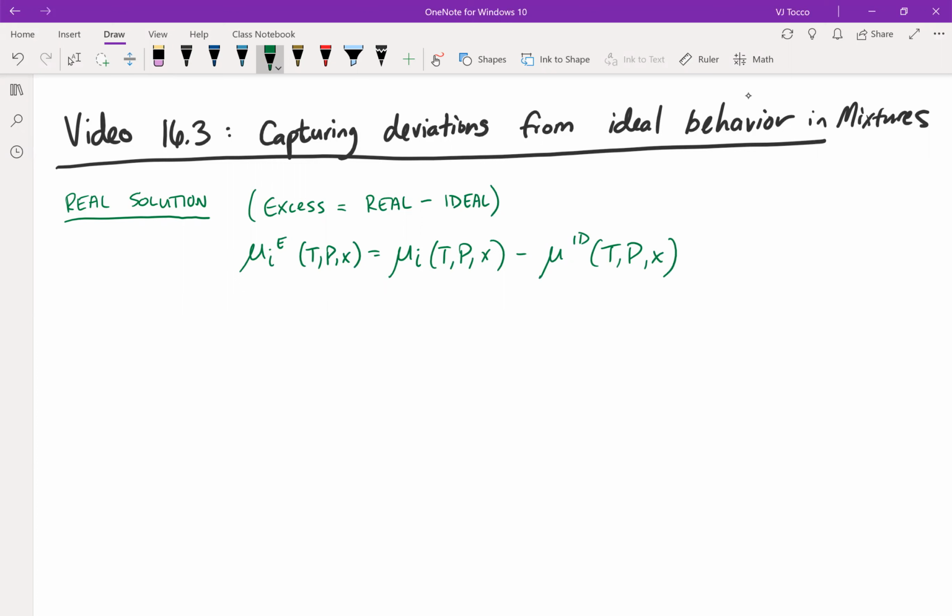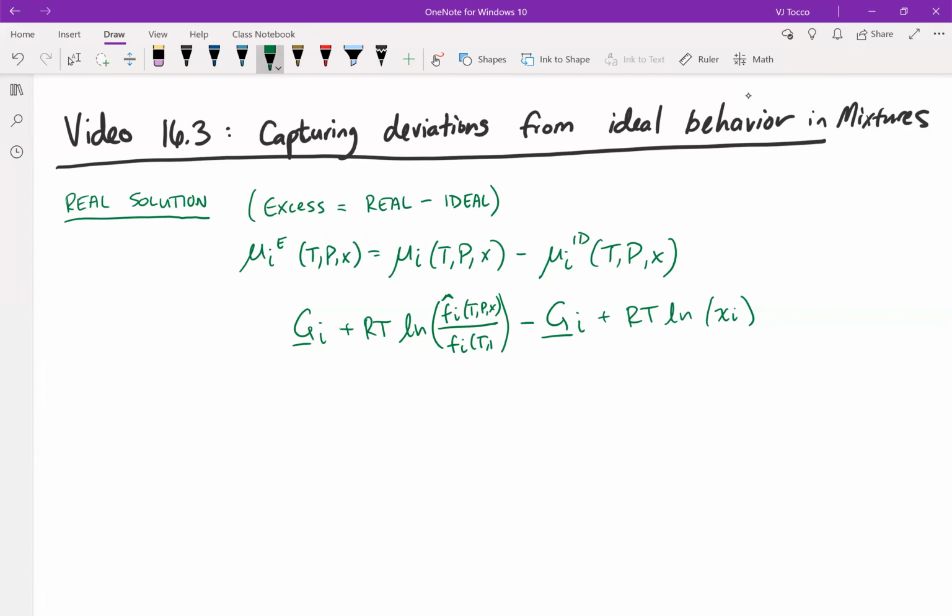And recall that in the last video, I talked about how to calculate the ideal solution chemical potential. That was simply the molar Gibbs free energy of component i plus RT ln of x_i. This is the one that we didn't derive, but I showed you where you could see the derivation if you were interested. Now for the real chemical potential, we're going to use that same equation that we used before: molar Gibbs free energy plus RT ln of the mixture fugacity of component i as a function of T, p, and x,